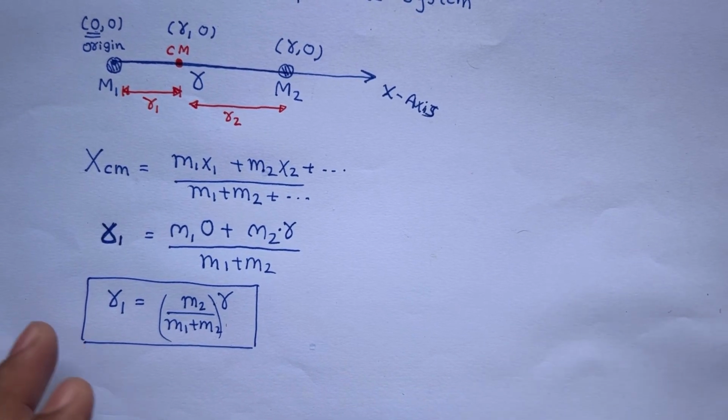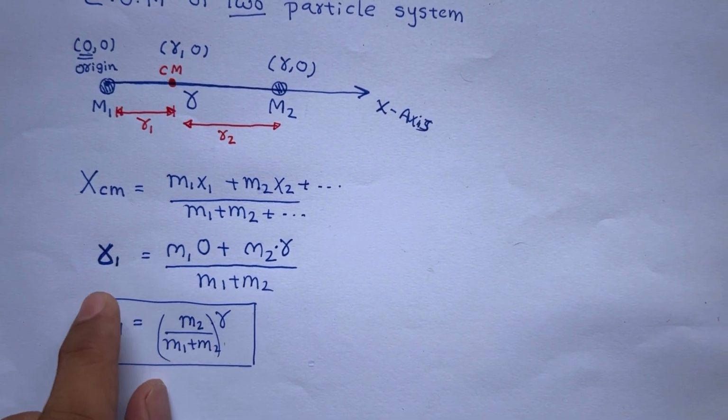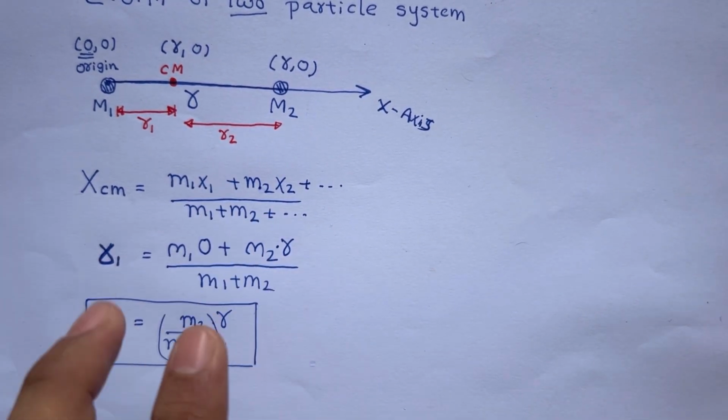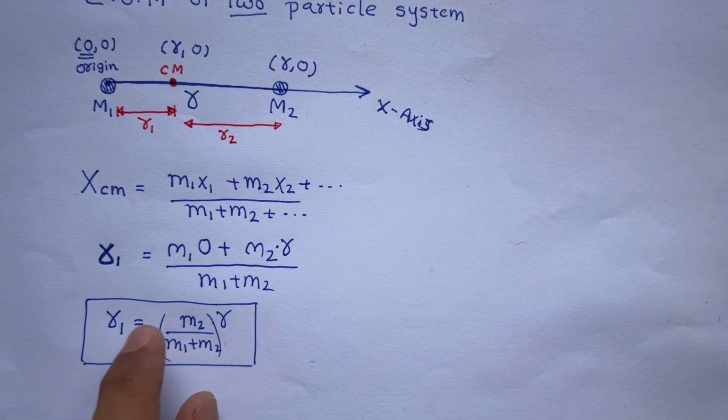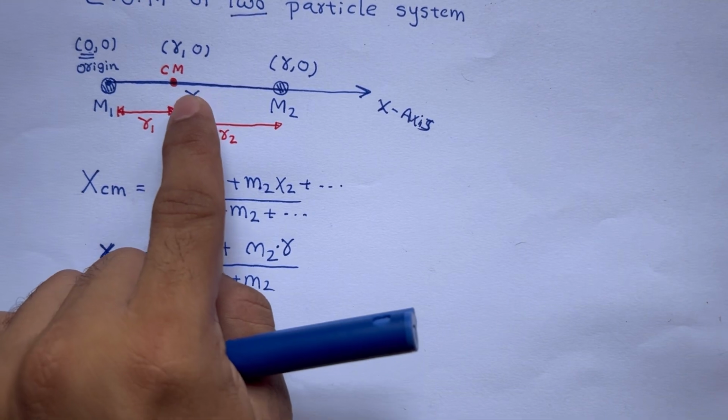Okay. This is the main formula in the center of mass of a two particle system. Understand this formula, that is more important. Without understanding this formula, you can't solve numericals on it, even though you know the formula. So understand it first. Understanding means, look at this R1. R1 is the distance of the CM from the